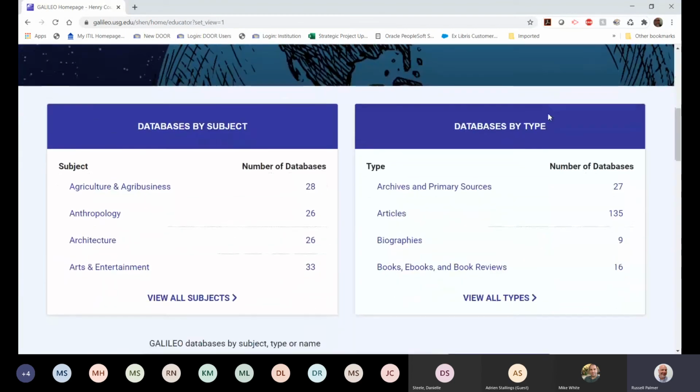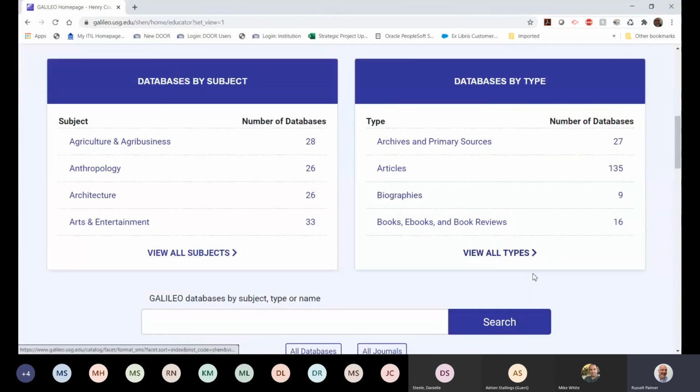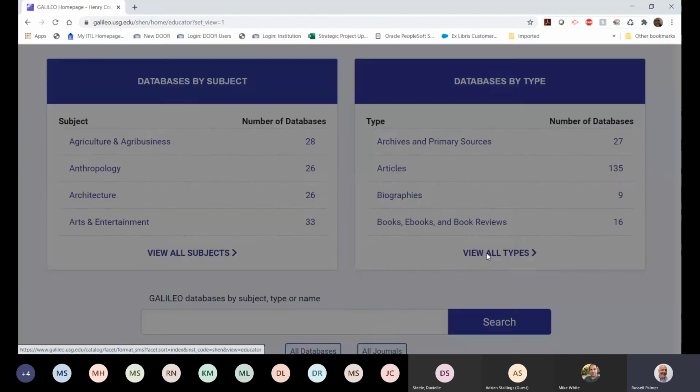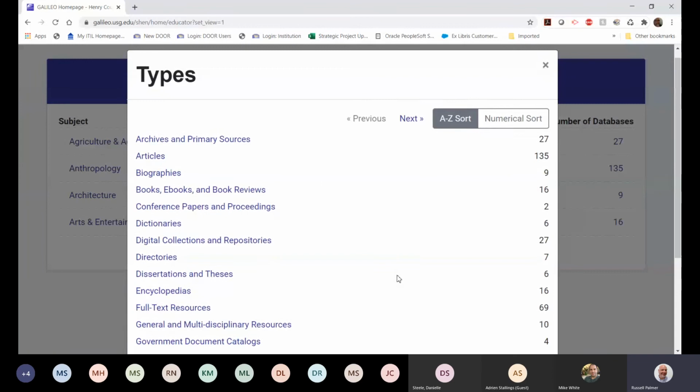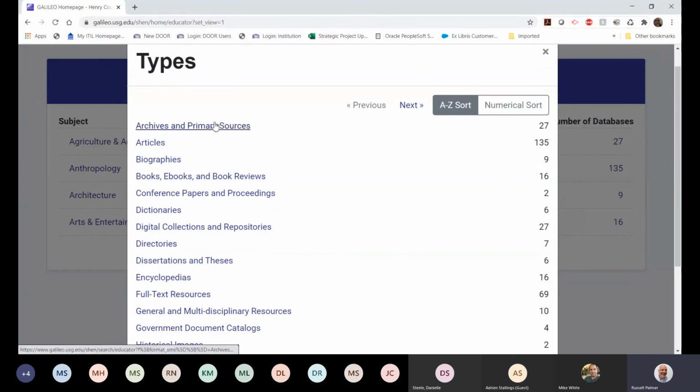So that's my by subject. This is by type, and again, we did a lot of mapping of old types. We had a lot of types sort of lingering in Galileo, and we wanted to clean those up as well. So if I go, I see by type gives me archives and primary sources, articles, biographies, books, ebooks, and book reviews. We're still going to be doing some work on making these types and these subjects better and